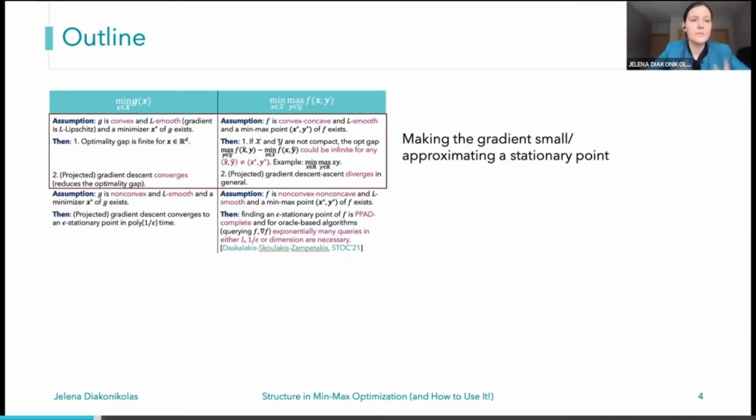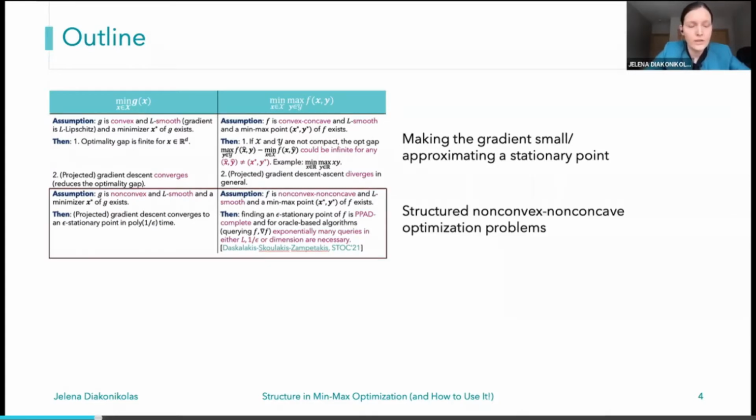I will spend a short amount of time also talking about non-convex-nonconcave optimization problems, because in full generality, they are intractable. Here, we need some structure. So I'll talk about one type of structured problems that we can consider